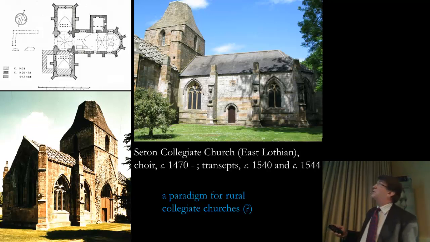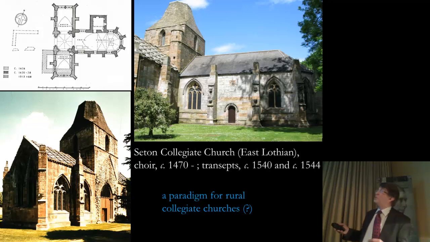But then it was decided to build an asymmetrical transeptal projection on the north side of the church, which partly balanced this chapel just here, but not really completely. And so that was simply projecting on the north side of the nave still. And then in the final phase, possibly around the 1540s, it was decided to take down this chapel and build a transept that mirrored more or less precisely the transept on the other side,